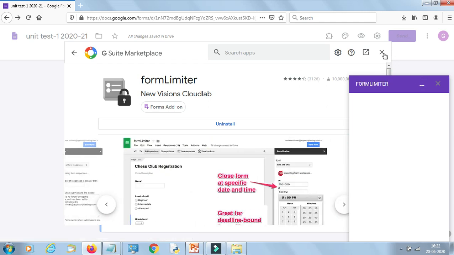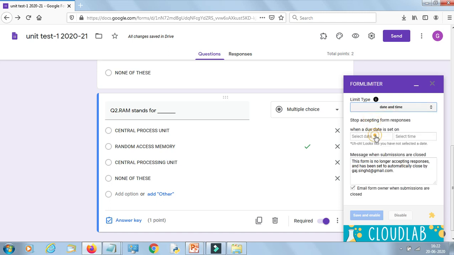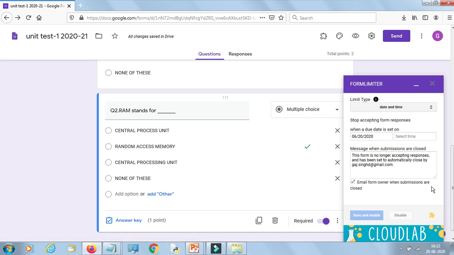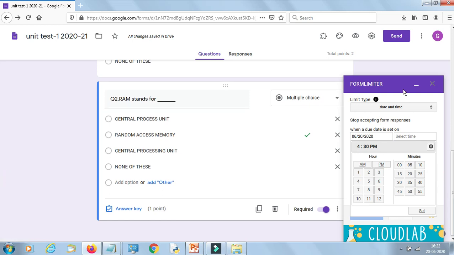Now it will open here. Close this one. Here in the Form Limiter, it's open by default. Click here, date and time. So 20th, okay, fine. The date you can set, the time you can set. Right now it's 16:20, that is 22 past 4. So now 4, okay, 25, okay, 30 p.m. means this form test can be written up to 4:30 p.m. And the closing date is 20th June.